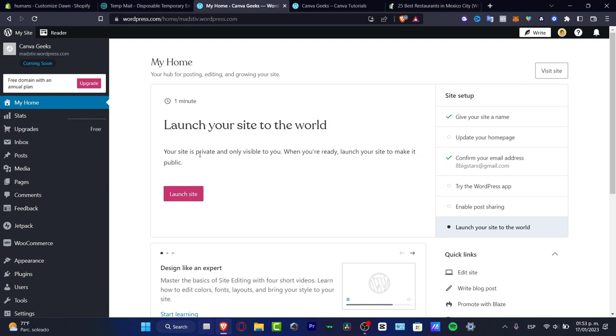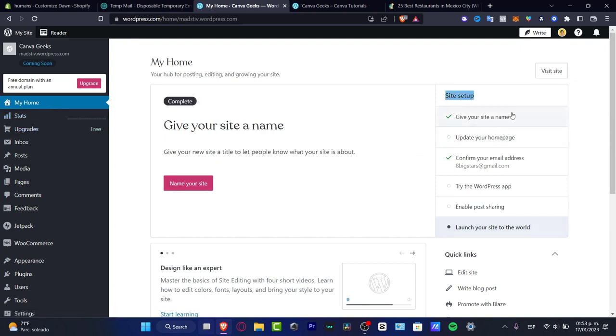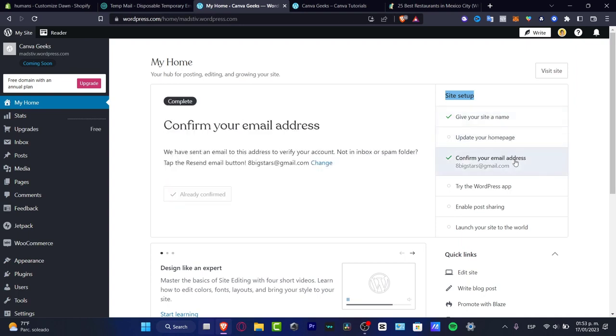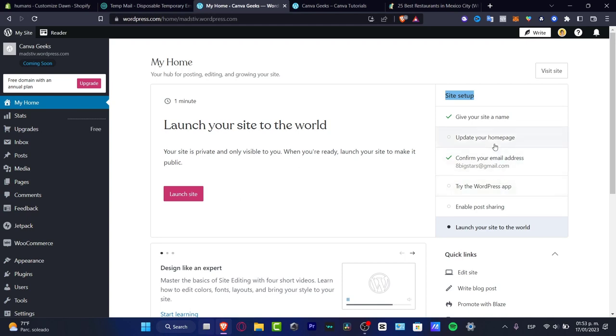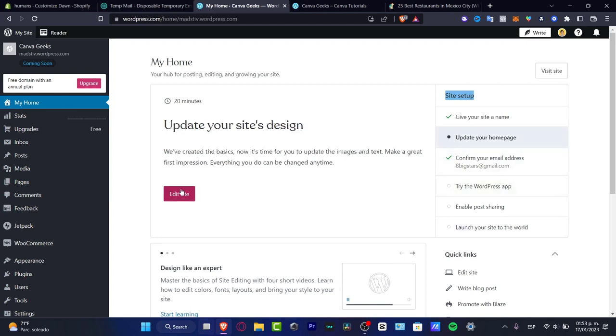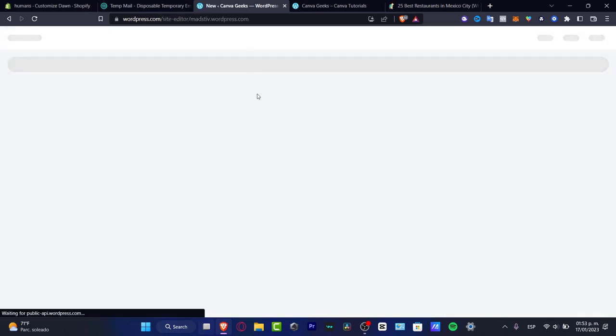So once you do have your website, once you do have your account, what you want to do is to go into the My Home section and go into the site setup so you can start to edit your site. So here you give your site a name, you update your home page, you confirm your email, and so on. So what I want to do is to get into the edit site, and here you can do